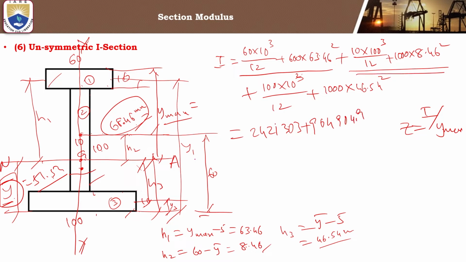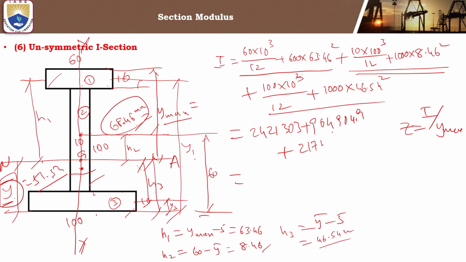Next, this component plus 46.54 square into 1000 plus 2174304. So by summing up all these three,